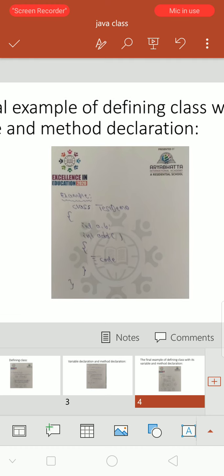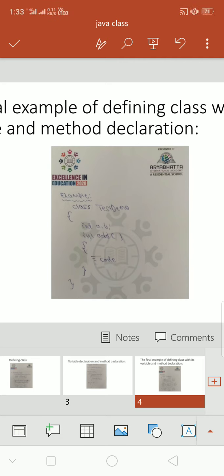Opening brace. See, int ab, int add. Here I have two members within the class. Those are the variable declaration, int ab, it is one member, and another member is int add.